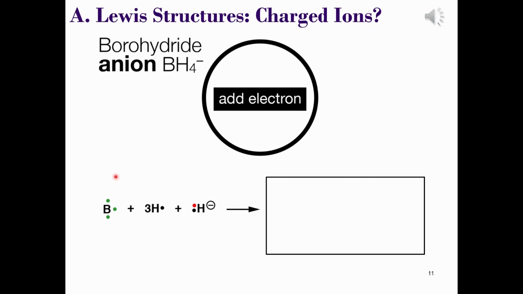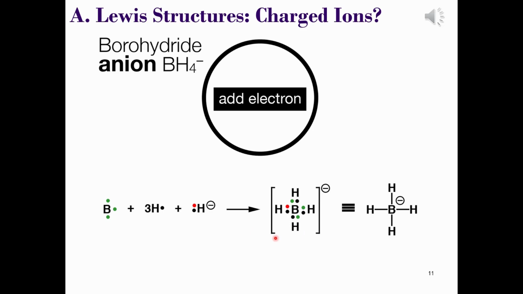Remember that boron can only make 3 bonds as it has 3 valence electrons. The negative charge is spread over the entire polyatomic ion. To represent this, the square brackets are used as shown in the dot structure. However, because boron has an additional pair of electrons, this gives the boron atom a formal negative charge. We'll cover formal charge in the next few slides to make sense of this, but before we do this, let's